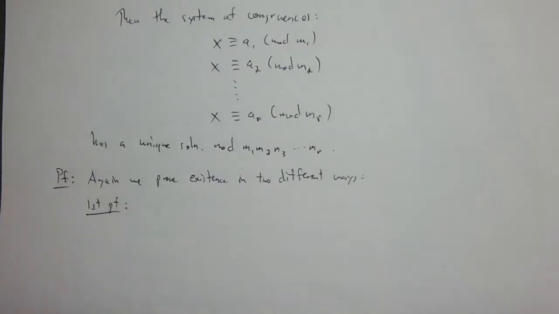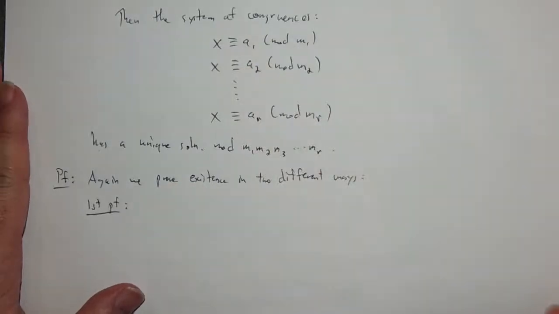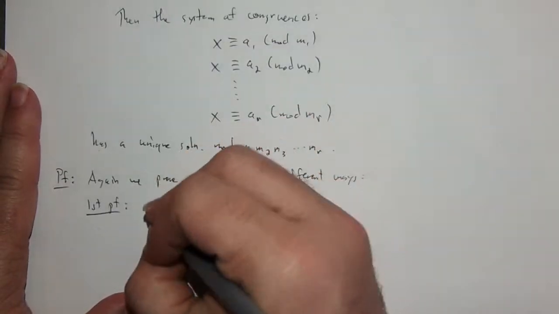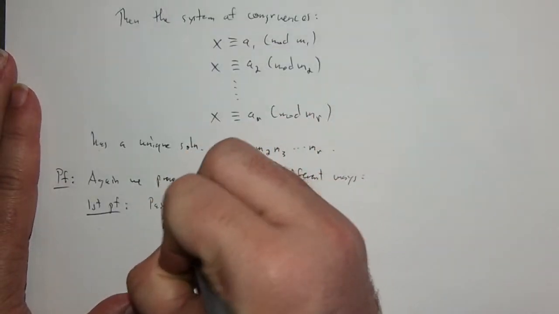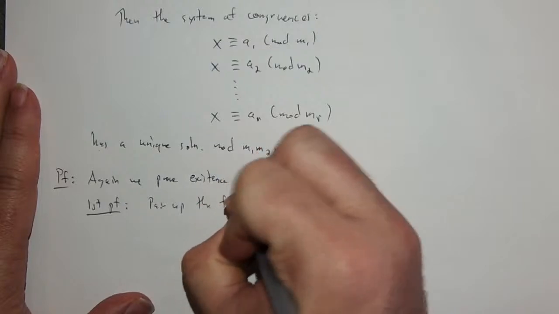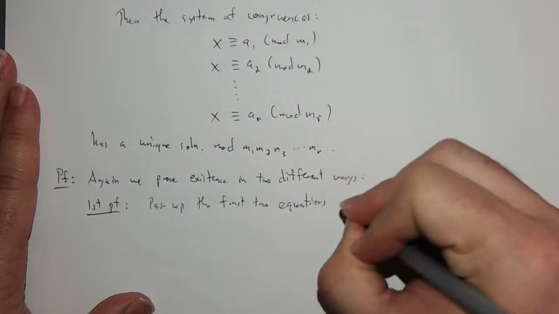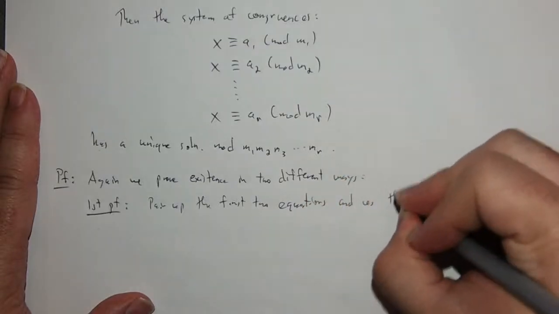So we're not going to care about an efficient way of doing this. We're just going to proceed starting at the top, going toward the bottom. We don't care about ordering the moduli or anything. So we're just going to start at the top, make our way toward the bottom. So pair up the first two equations